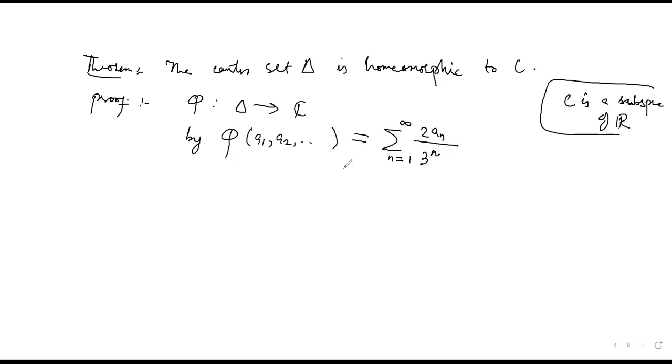Now as you can see, I get an element for each an. This an is either 1 or 0, which means that this numerator is either 2 or 0, never 1, because an is either 1 or 0, because of course delta में है ना, delta is the countable product of this two element set 0 1. So of course phi is well defined, then actually it's a bijection, then phi is a bijection